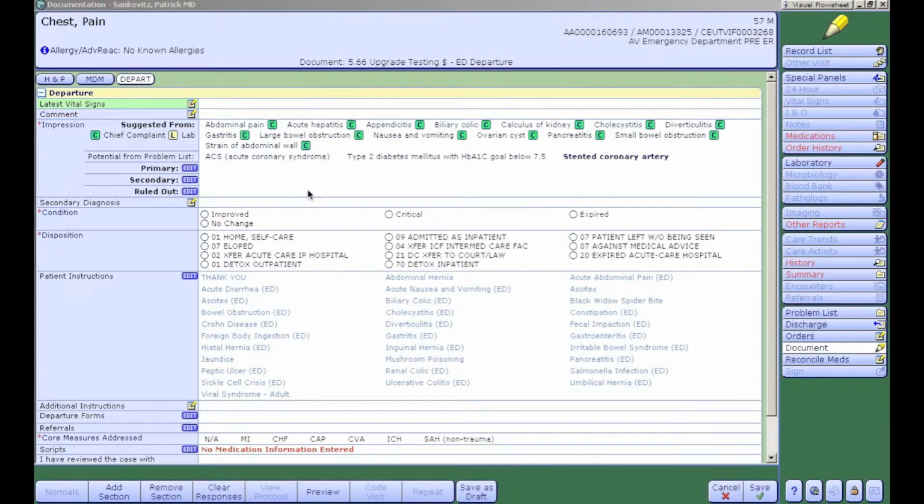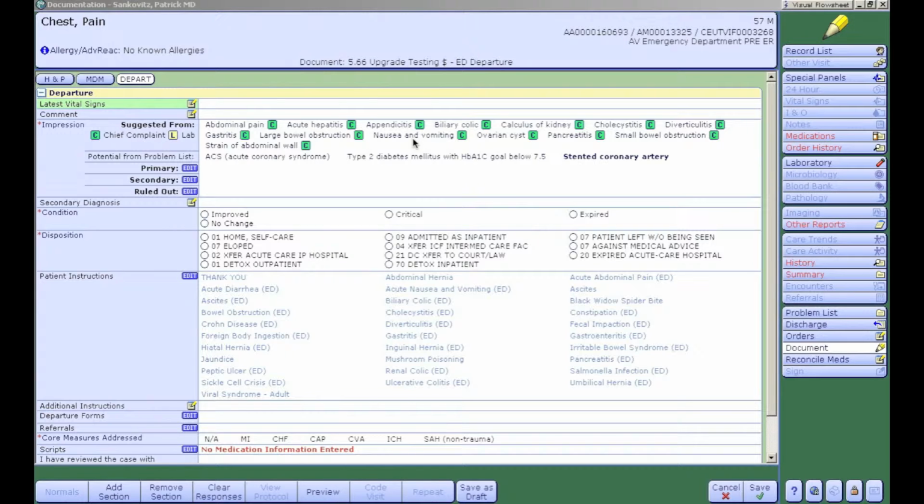Now for our final patient, let's look at a patient who has a chief complaint who has suggested clinical impressions tied to the chief complaint. To begin with, only some chief complaints have suggested clinical impressions tied to them. We're working with ED docs throughout Centura to find good lists of suggested clinical impressions. This patient has abdominal pain, and these are fairly obvious clinical impressions that you might choose related to the complaint